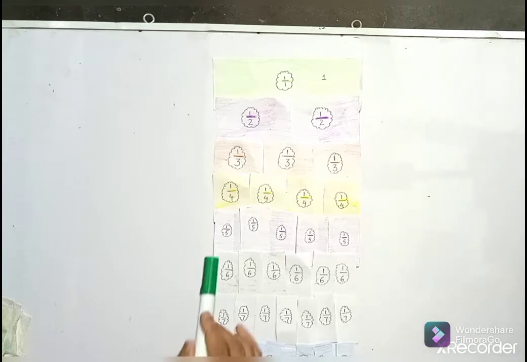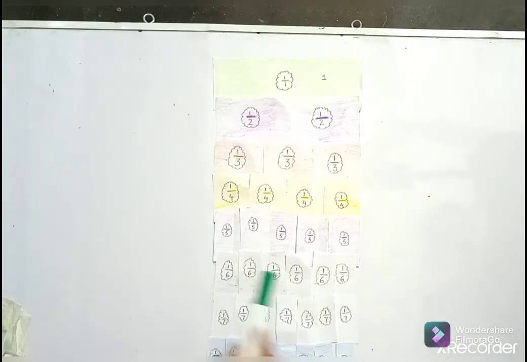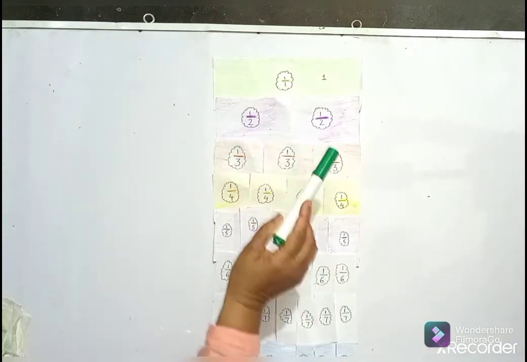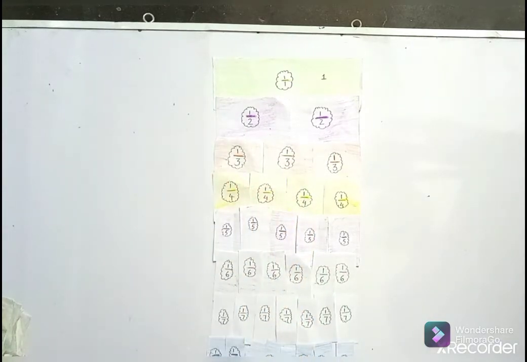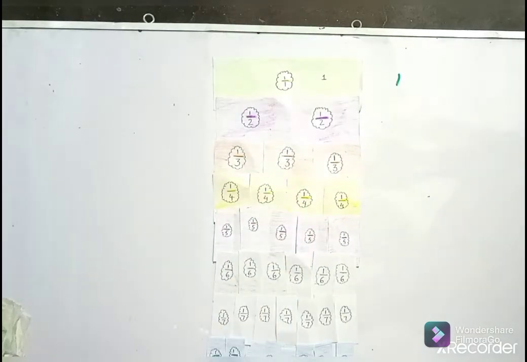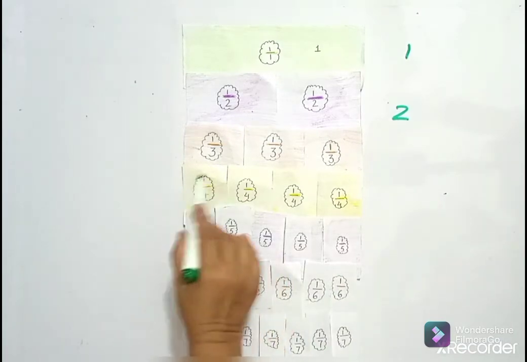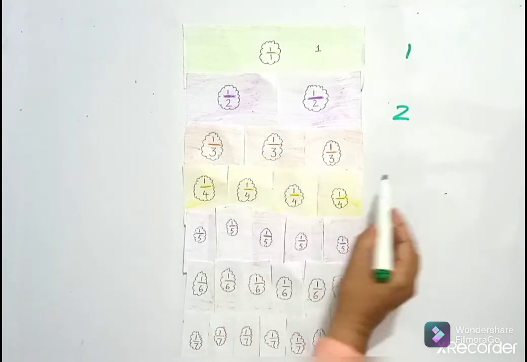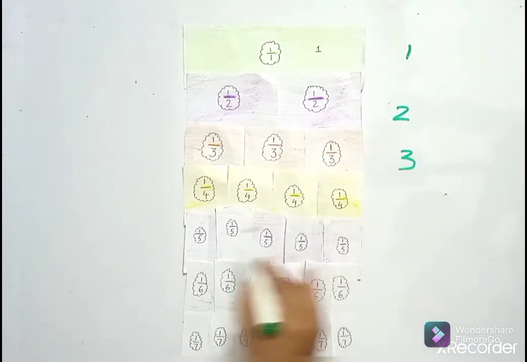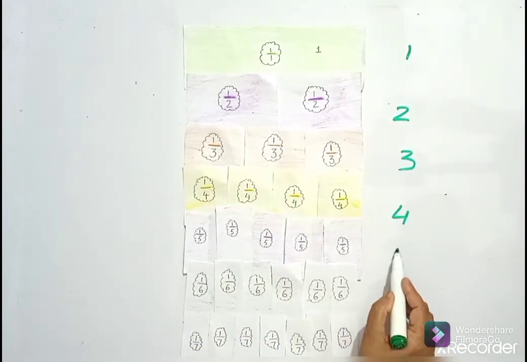Then you will cut and color and put like this. If you notice now, this first step is whole, there is no color. And how many equal parts is this divided into? 2 equal parts. And this one, count. Good. 3 equal parts. 4 equal parts. 5,